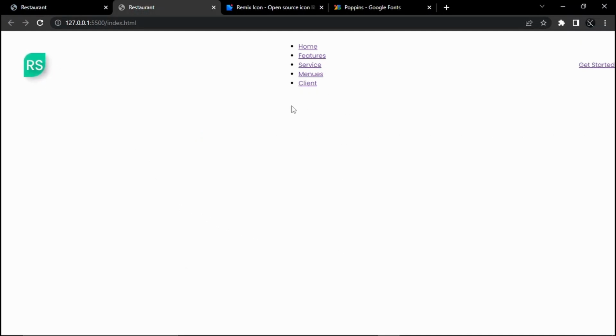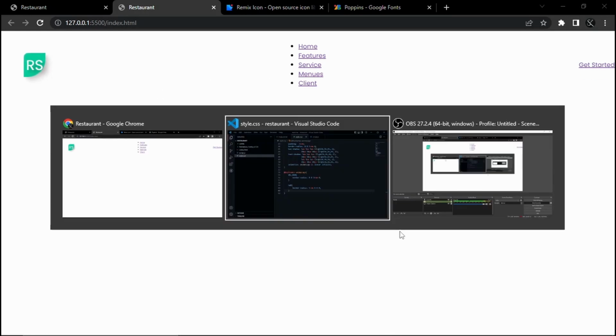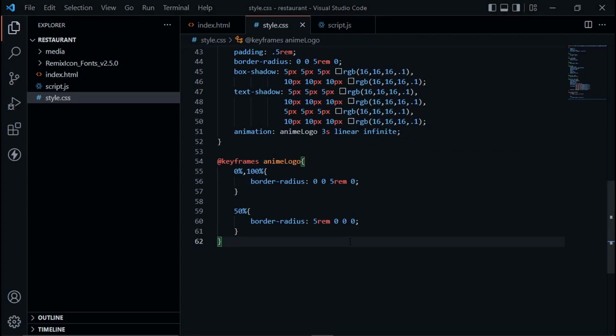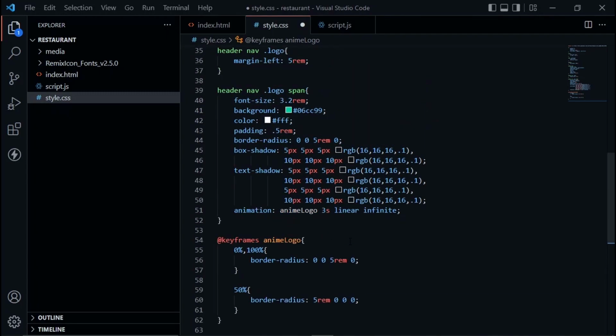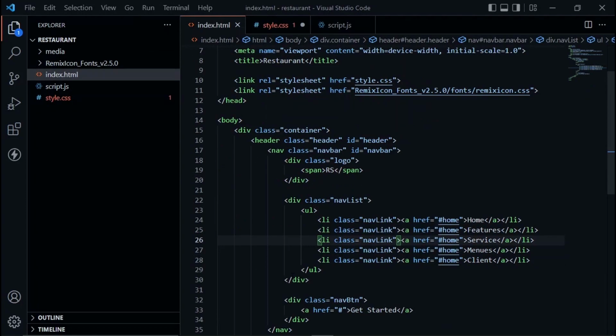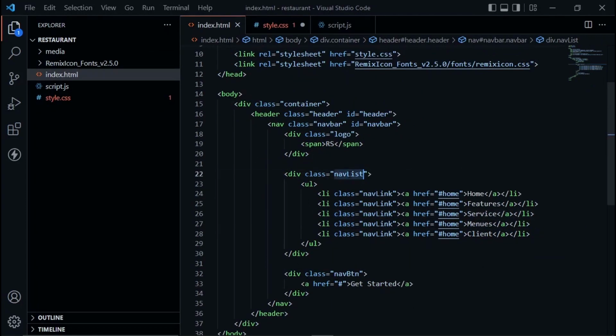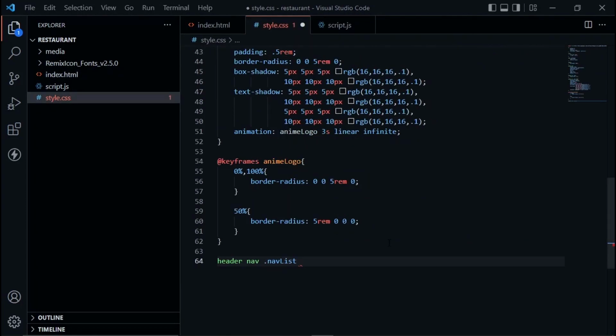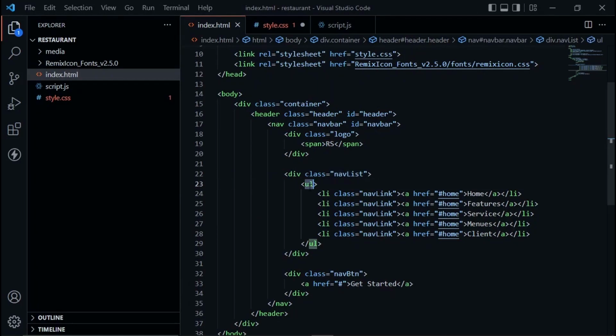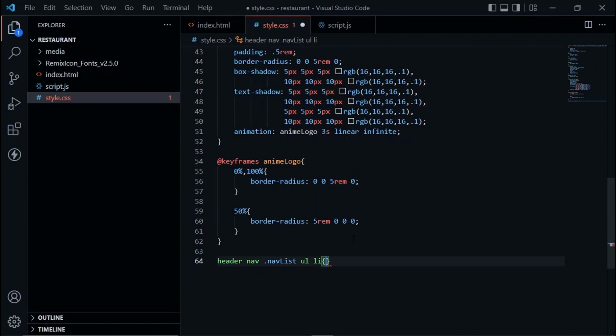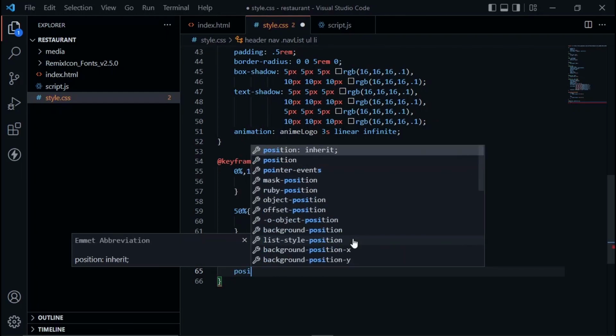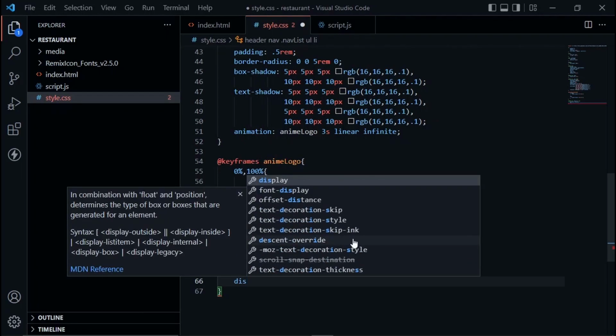So now we will style our menus. Okay, so let's come back to our CSS file, and first we will copy this, and from here we will copy this class, and also we will copy this. And now we will set CSS properties for this link. Position of this link will be relative, display will be inline,